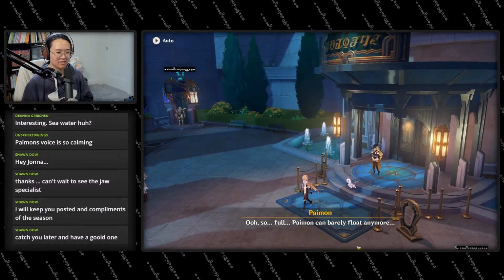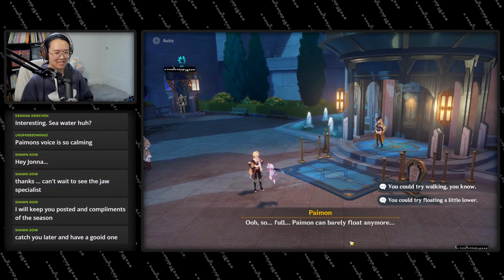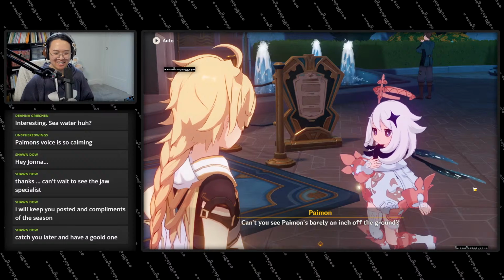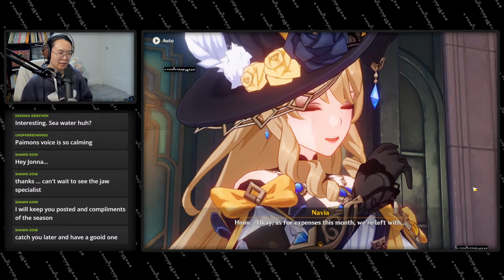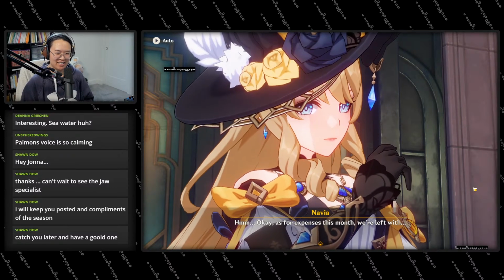Oh, so full. Paimon can barely float anymore. You could try floating a little lower. Can't you see Paimon's barely an inch off the ground? Okay. As for expenses this month, we're left with...